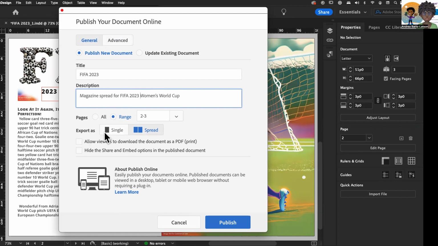You can also decide how you're going to export this. Are you going to export it as a spread, or are you going to export it as one page at a time? I'm choosing spread. You can allow viewers to download it or not download it. So if you check it, they're allowed to download it. If you don't check it, they're not allowed to download it. Okay, and then you can hide elements. The other thing I want to do, already done, is range. So you can either choose export all pages or the range. I chose range, and I typed in 2-3 because I want it to be pages 2 through 3